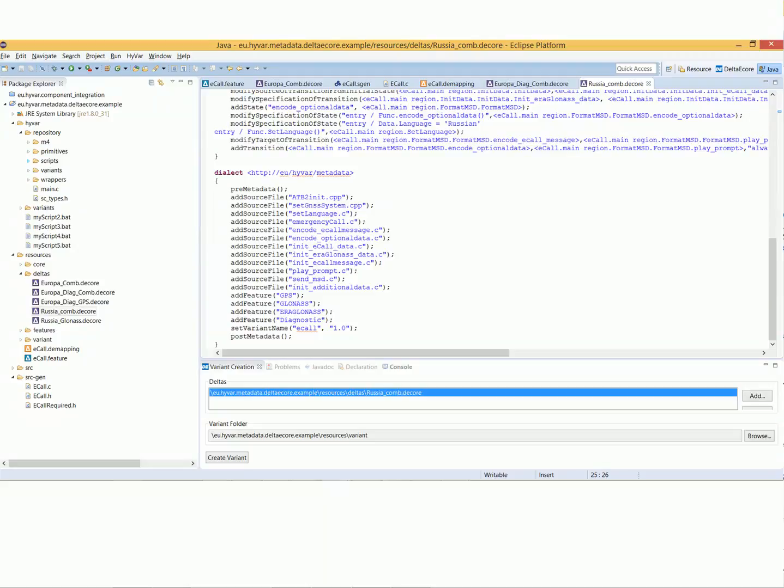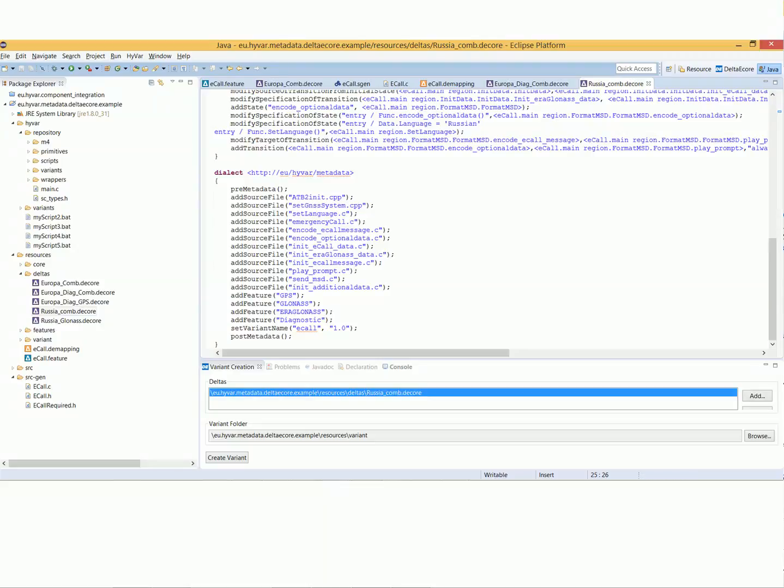Additionally, the variant's name and version are used to create an image package distribution by means of the Delta action set variant name.